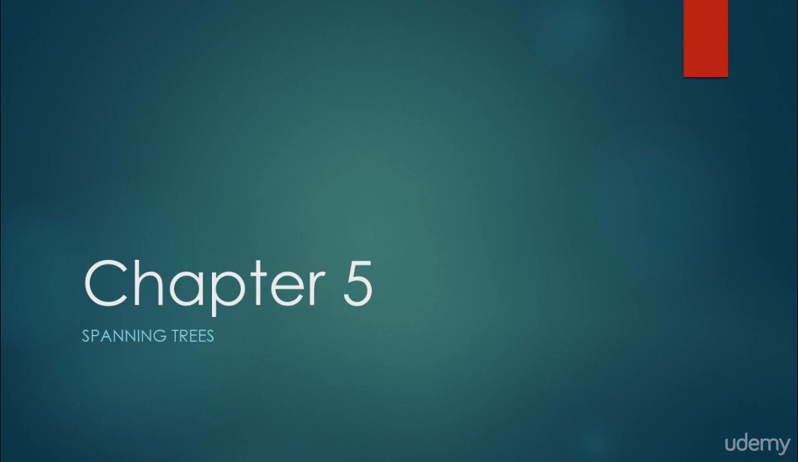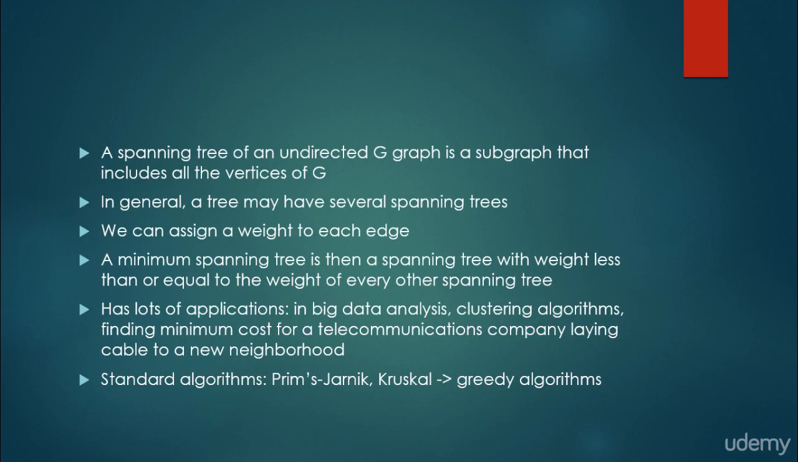Hi, in this video we are going to talk about spanning trees, focusing on minimal spanning trees. So let's get started. A spanning tree of an undirected graph is a subgraph that includes all the vertices of G-graph. In general, a graph may have several spanning trees, of course, and we can assign a weight to each edge. A minimum spanning tree is a spanning tree with weight less than or equal to the weight of every